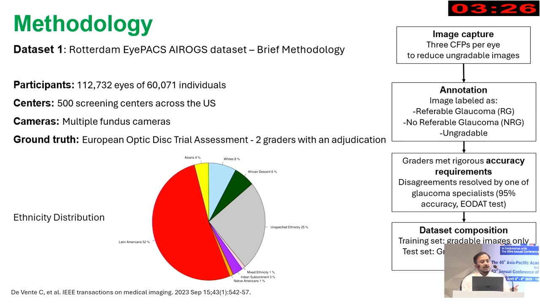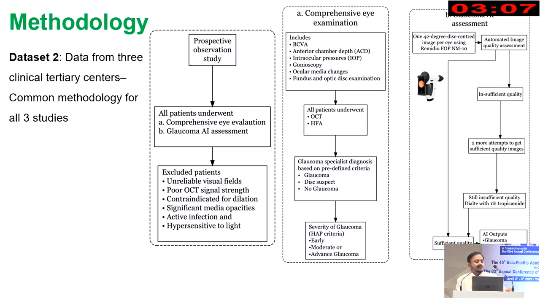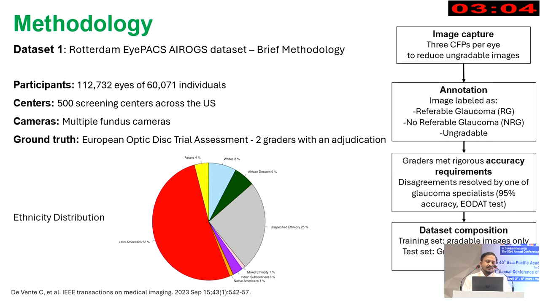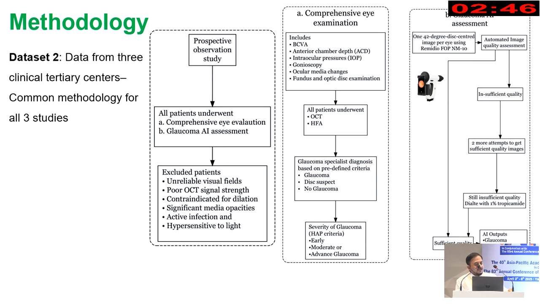We had a total of around 112,732 eyes of close to 60,000 plus individuals from different screening sites across the US. And what was essentially done is to get the trial data set, use this data and actually get the original ground truth from this as part of the validation of the AI algorithm. One of the key things that we looked at is we did not look at just a portable camera alone, but we took images from all different types of cameras and asked the question, is the algorithm generalizable to all different cameras and across different ethnicities? The second data set actually involved data from 3 clinical tertiary centers in India, and the methodology was similar